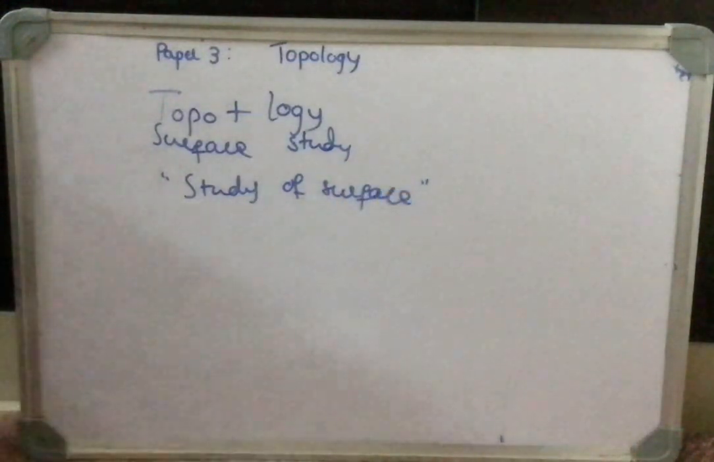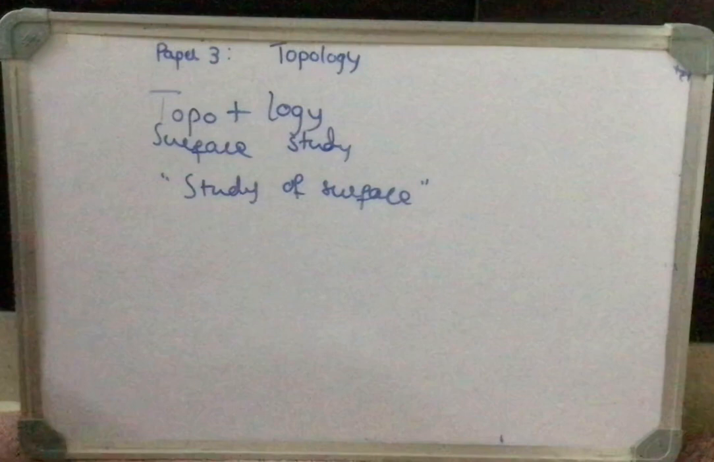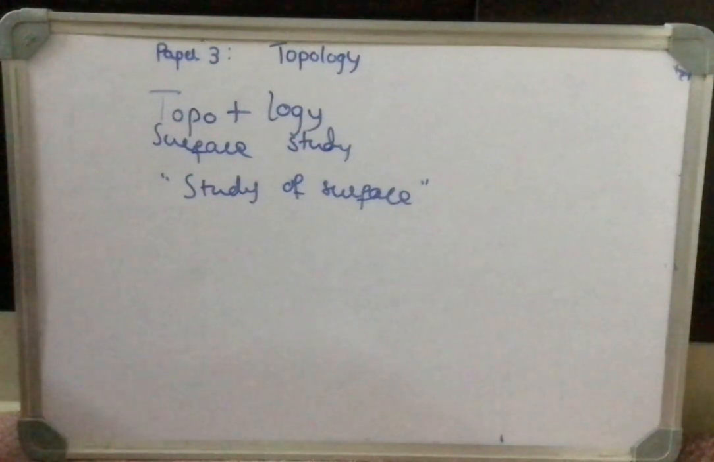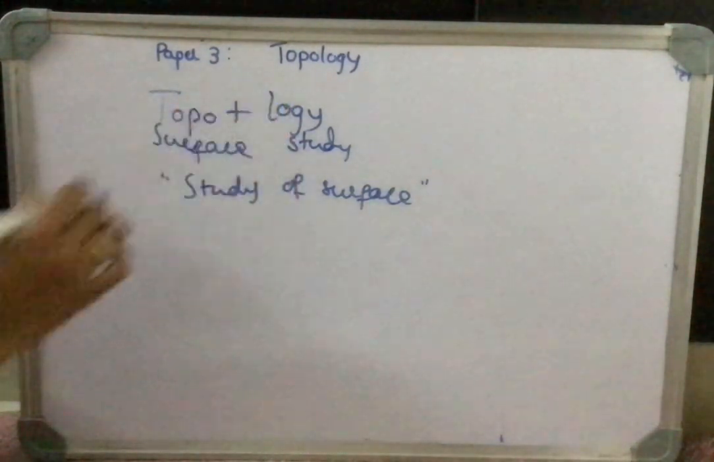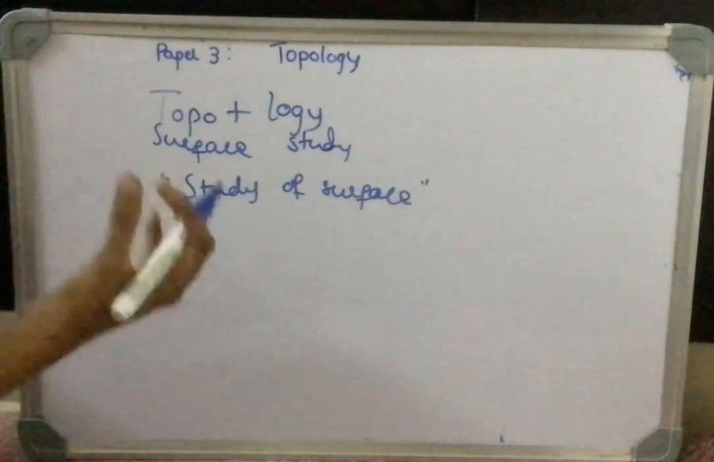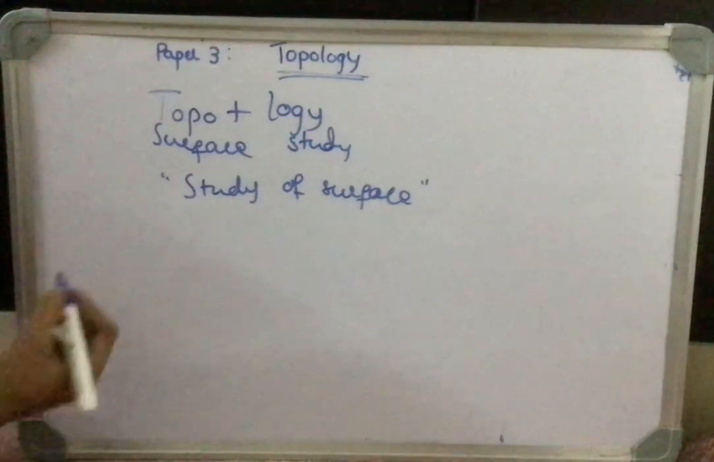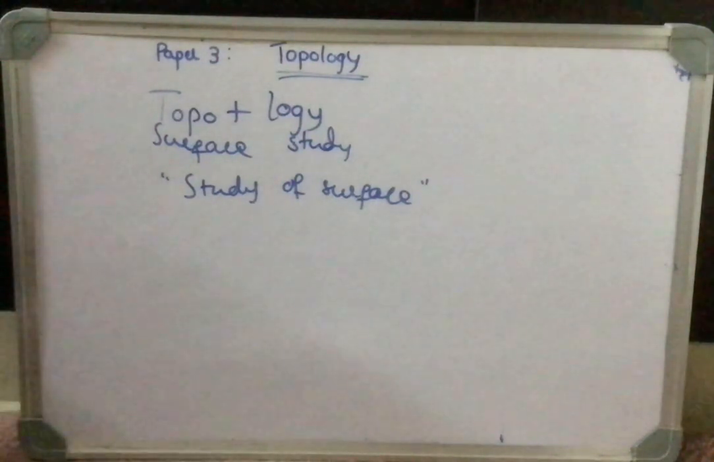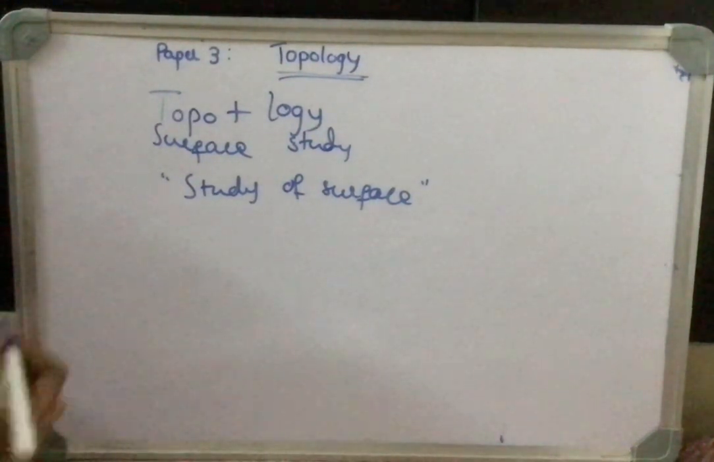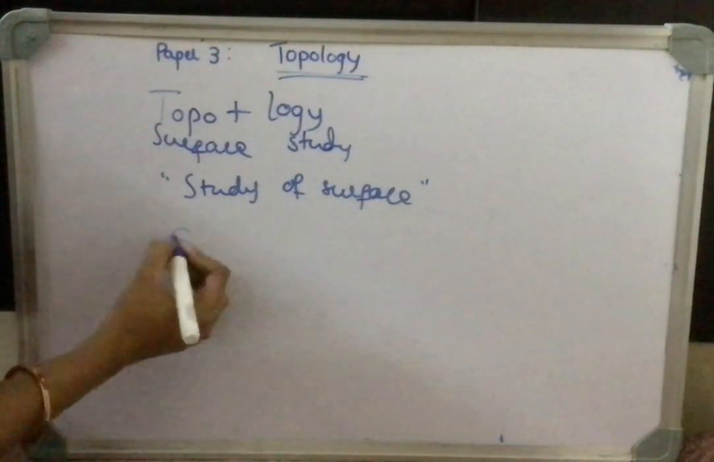Once you hear the meaning of topology, that is study of surface, you will come to know it's geometry. Surface means it's geometry. But to study this, to know what we mean by topology, we should know set theory. By set theory we will understand what property is hidden in this. So the topology definition is: it's a mathematical study of geometrical properties that are preserved through deformation,